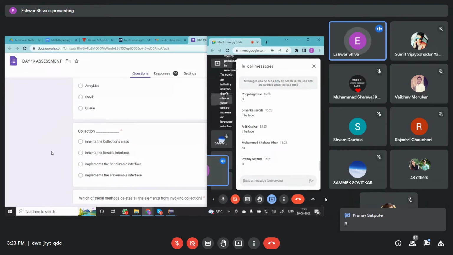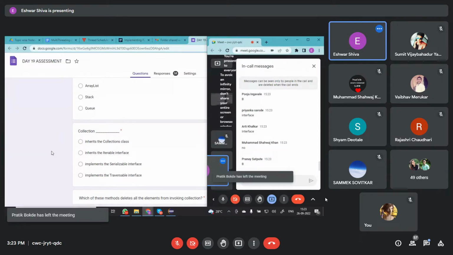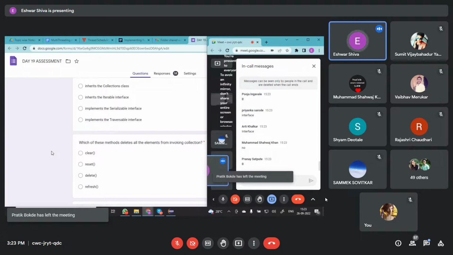Actually, I think many of you got confused. In the collection hierarchy, the topmost interface is the Iterable interface, not Iterator. It is the Iterable interface. So the correct option is inherits the iterable interface. Then